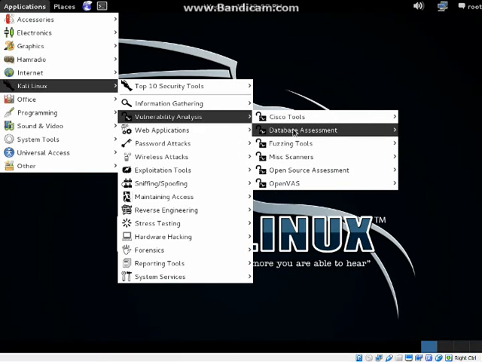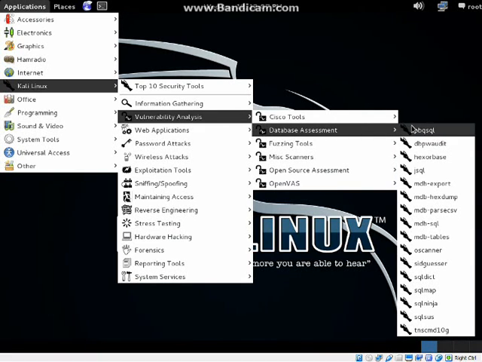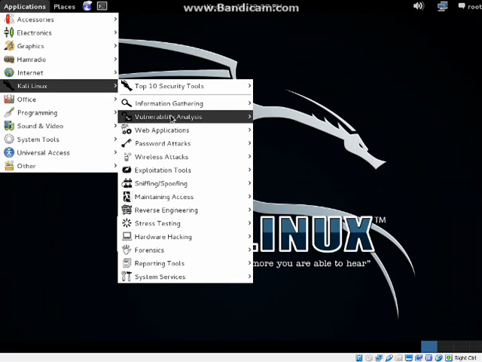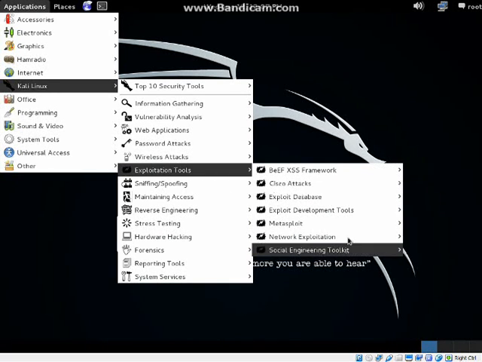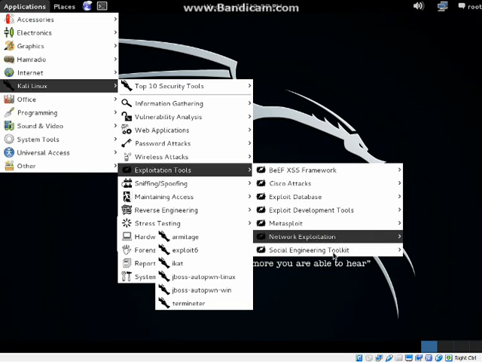I think there's database assessments. Oh, is this still another word for... I think there's web scarab or something. I don't know what it was called, but social engineering tools, which is a bit different than,